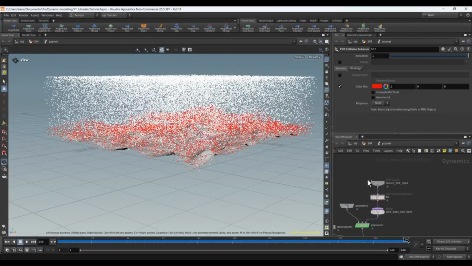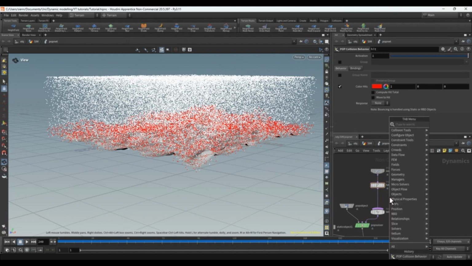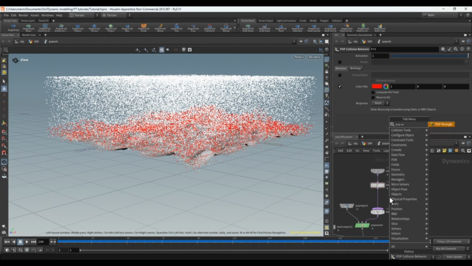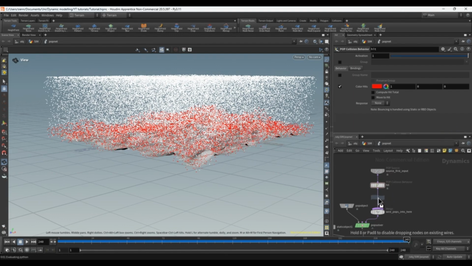We can also add a wind element to the particles to make it look more like rain. So under the pop collisions behavior, we're just going to add a pop wrangle node and type in the expression @bounce = 1;